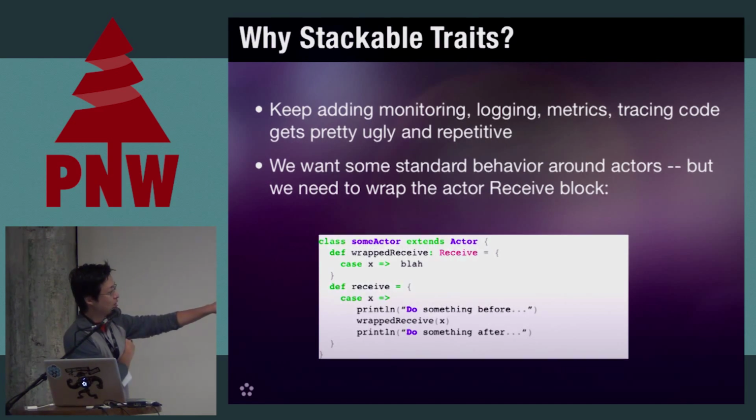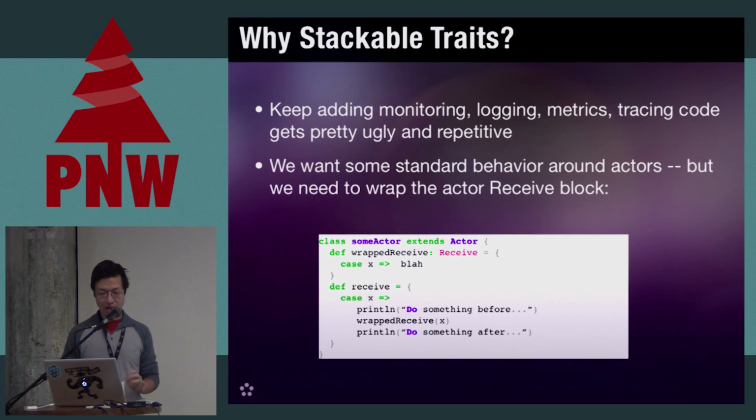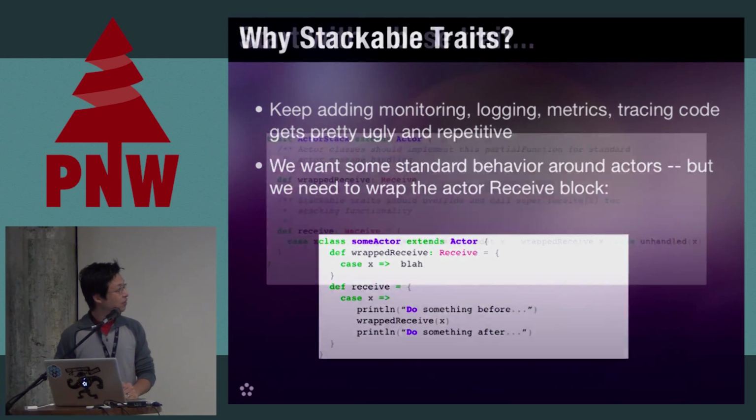Here at the bottom, we see an actor class. You have some functionality in your receive block. If you're not familiar with actors, the receive block is where you handle messages. So let's say that I have something called wrapReceive. That's where my real work is, and I want to do something before and after. But I want to do it in a way that doesn't clutter my code, right? So these are what stackable traits let you do. As an example,